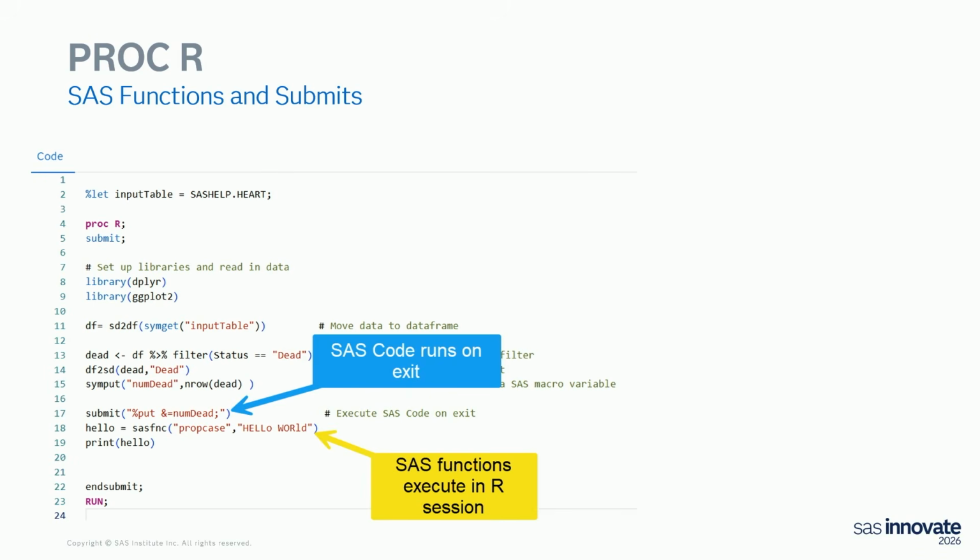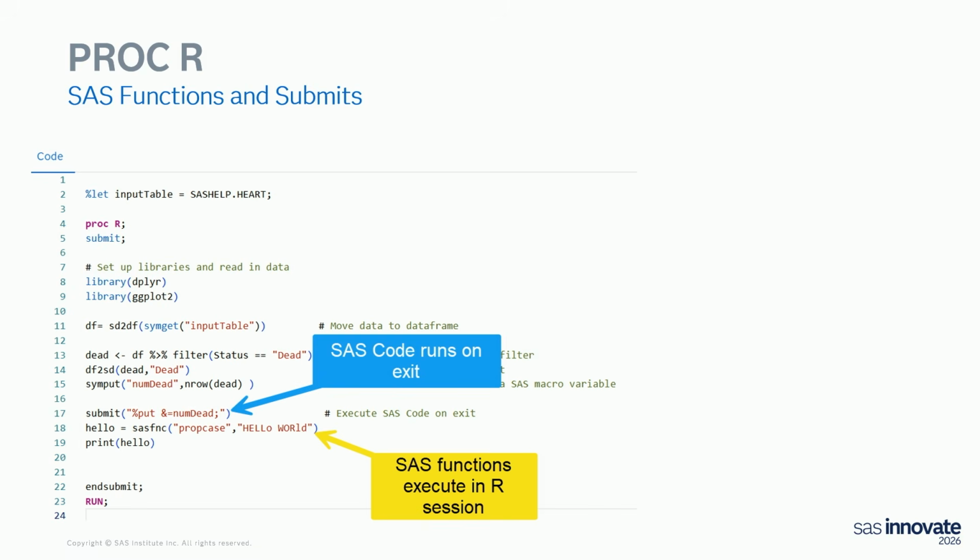So same sort of concept. I've got a proc R and a submit. I'm in R code, so I'm just setting up the libraries. We're going to get to the library question you have for me later. I've done this idea where I've said grab the SymGet. So I've defined a macro variable up here called sashelp.heart. I resolve that inside of this first set of parentheses, and then I'm turning that into an R data frame. So this DF now is just the sashelp.heart data set in an R data frame.